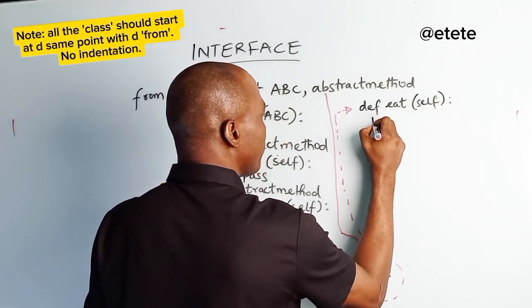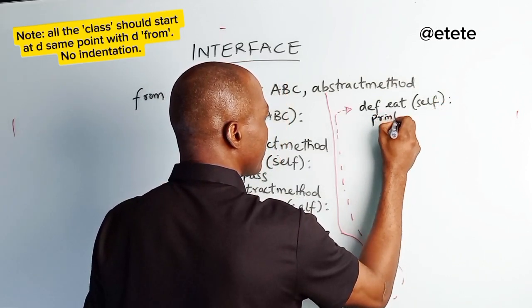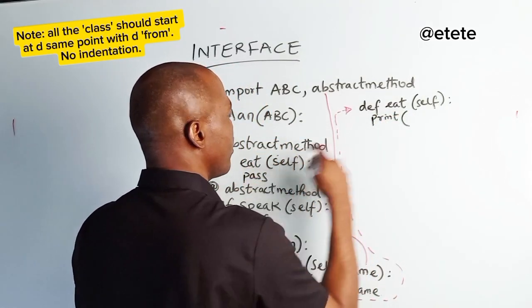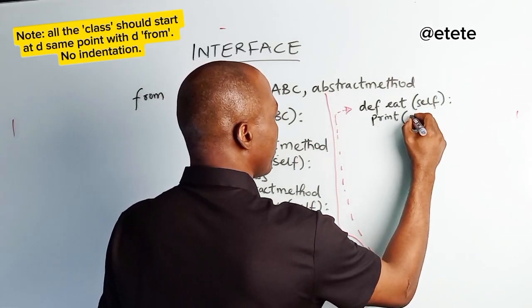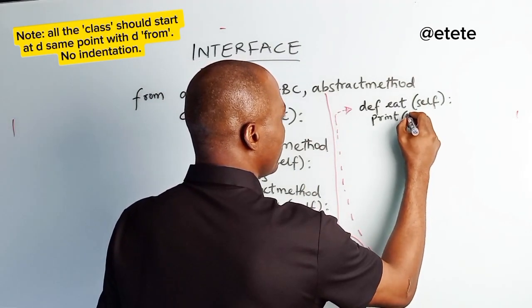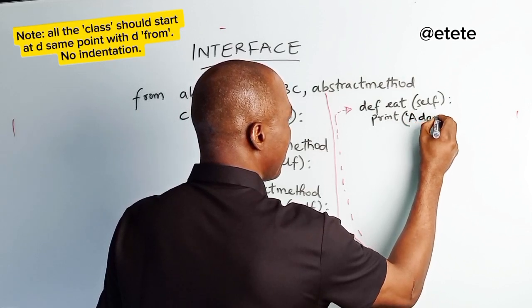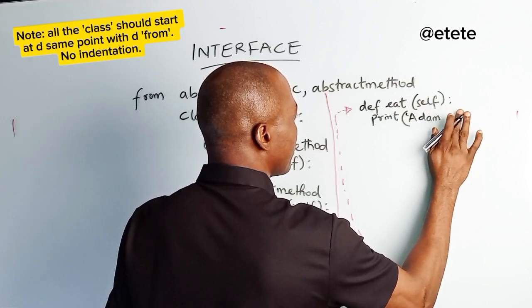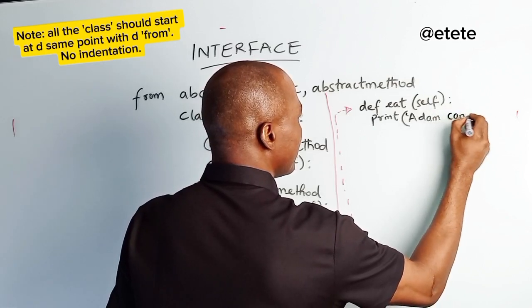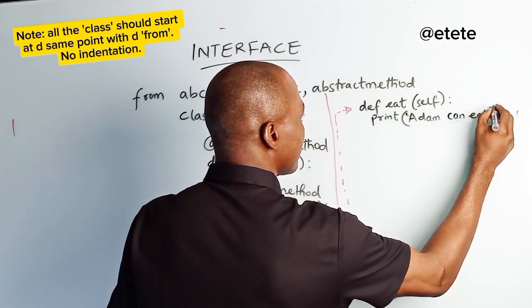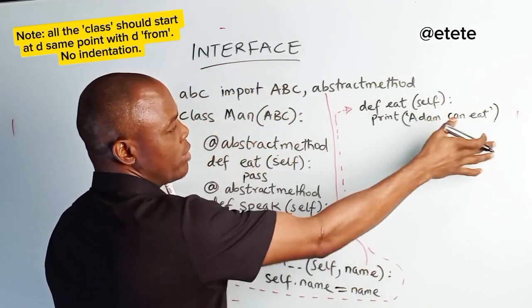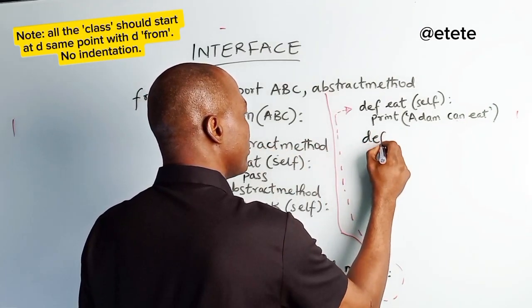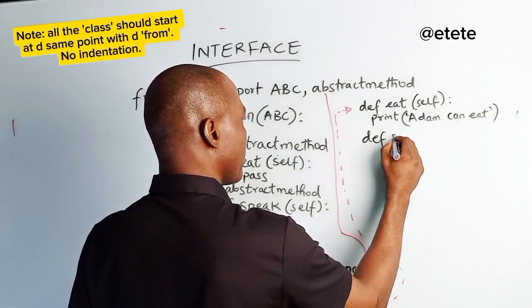Then inside it, I will write print, and I will just put here Adam can eat. Just because of the space, that's why I'm doing this. Adam can eat. Then I'll come here, I'll say define speak,